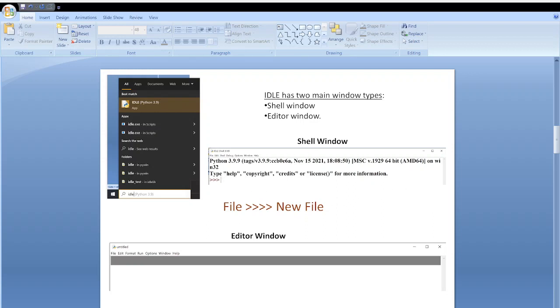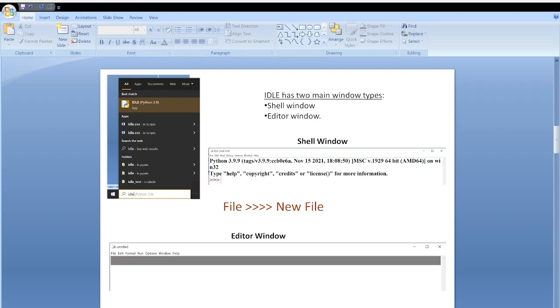Now you can start writing your code here also, but normally what we do is, instead of writing code on the shell window, we prefer the editor window, where we can write full-length codes. The shell window is good for small pieces of code, but for large codes we sometimes have to update the code, change something and so on. So we normally prefer the editor. First we edit it and then compile it.